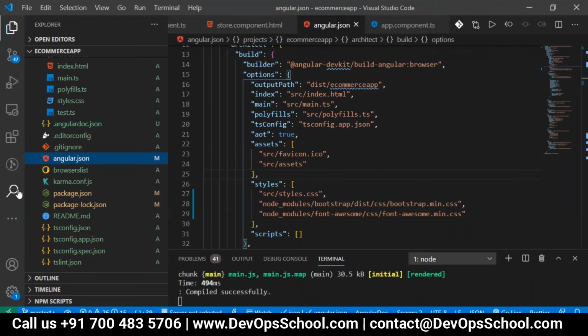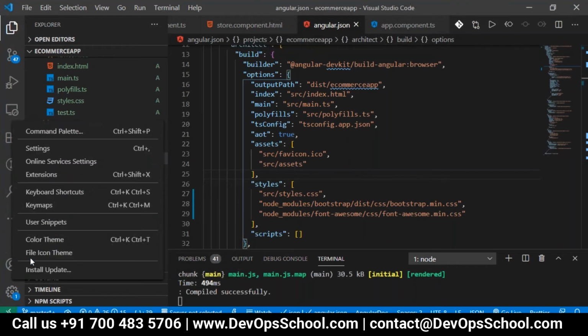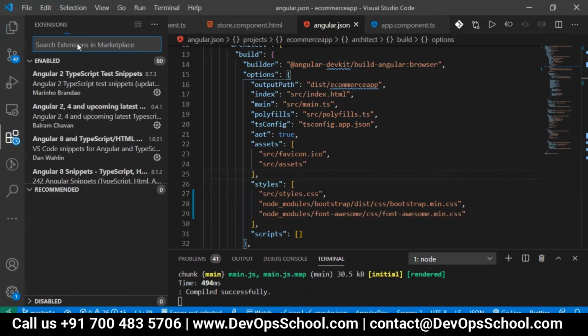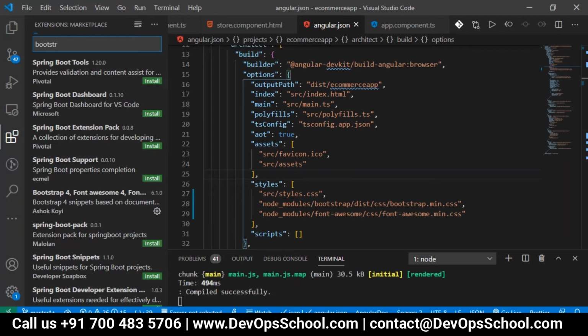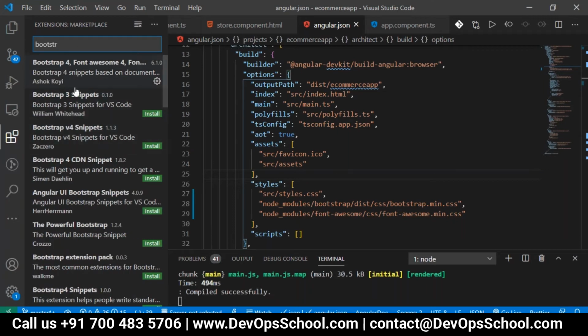For that, you have to have the extension libraries. If you go here to the extensions, there you have to add the Bootstrap extensions. If you have installed Bootstrap 4 and Font Awesome, IntelliSense is working.